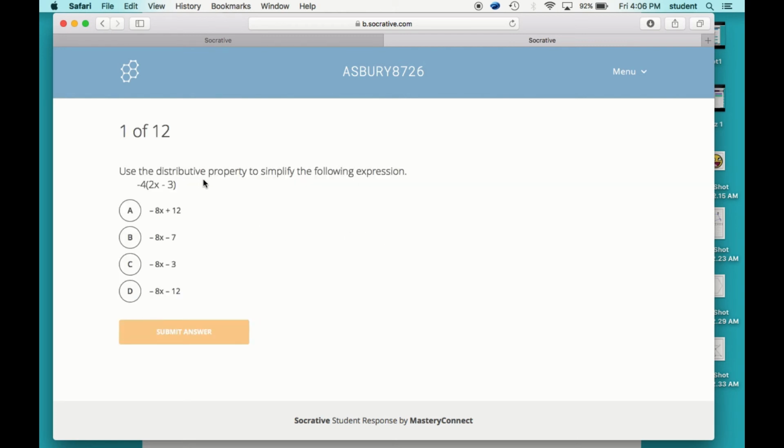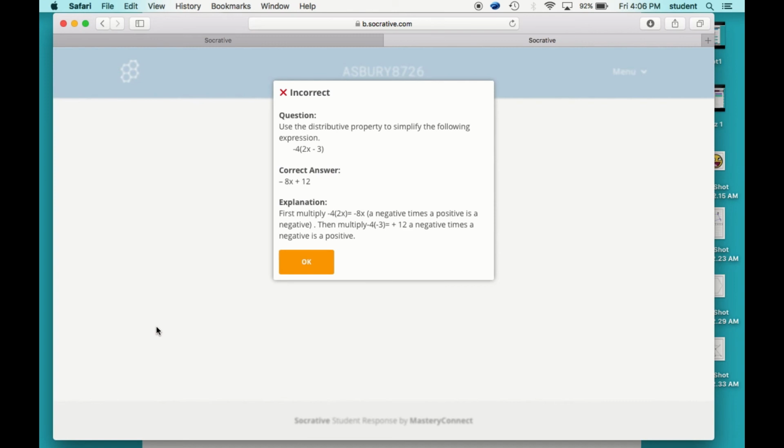So use the distributive property to simplify the expression. Let's say I picked this one. I multiplied the first two terms and then added the second two. Submit answer. So not only does it tell me I got it incorrect, it shows me the question, the correct answer, and an explanation. So that is a function that is not available on Kahoot unless I stop, pull up the problem